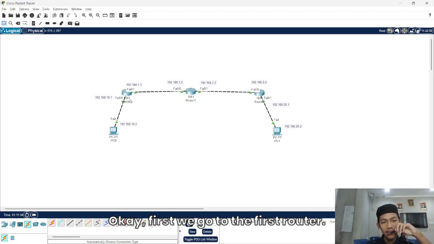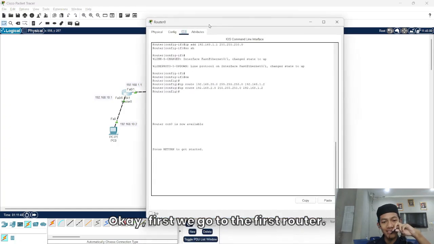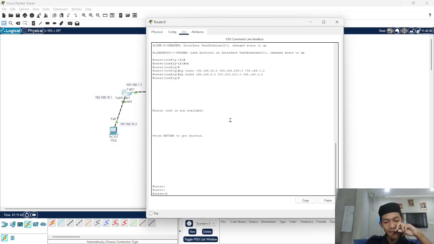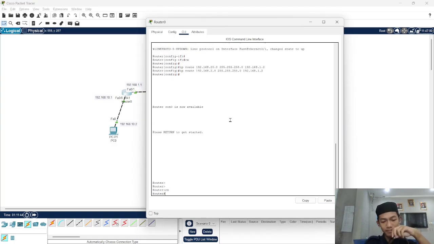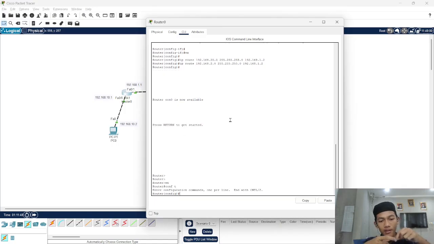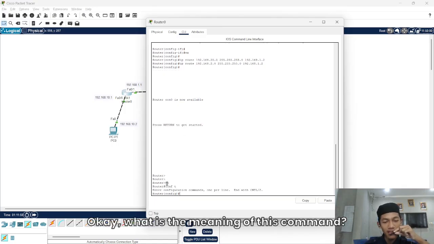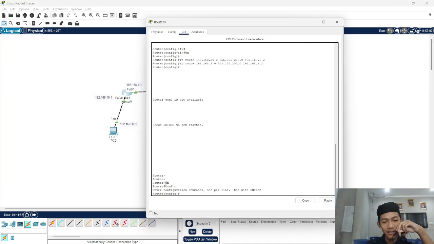Okay, first we go to the first router. What is the meaning of this command?